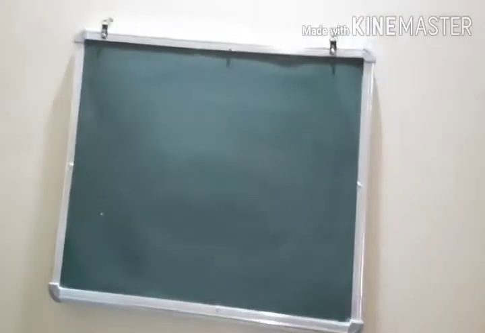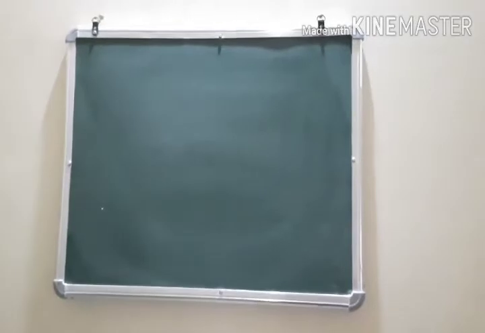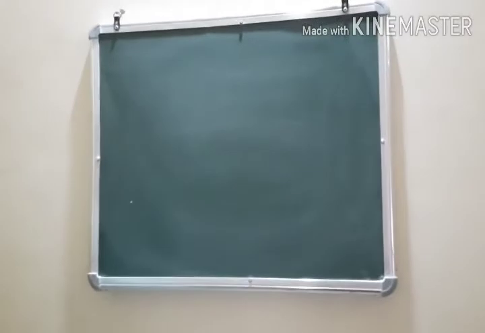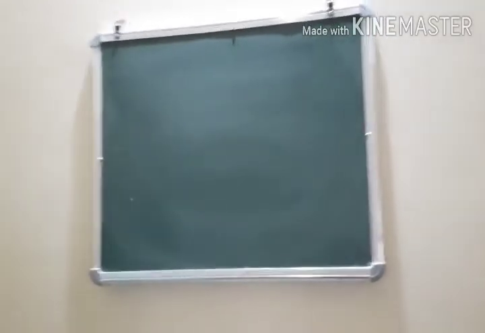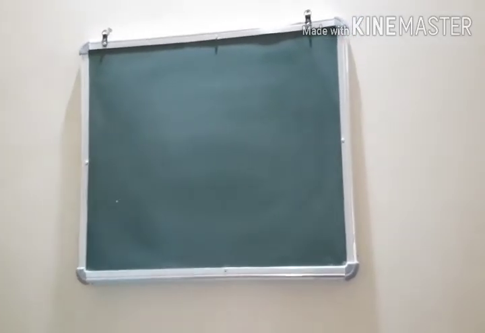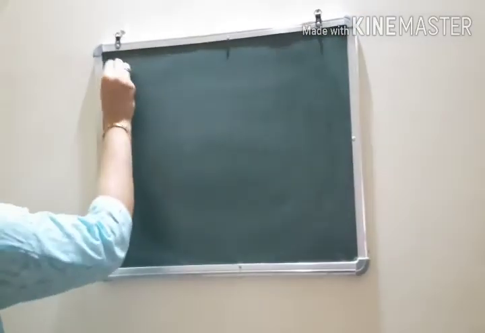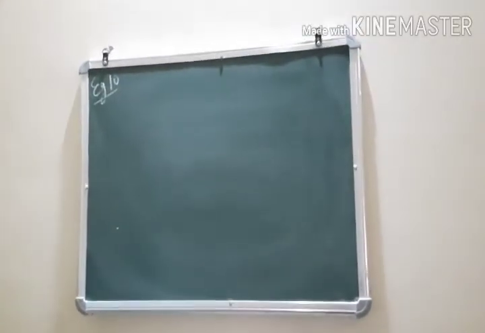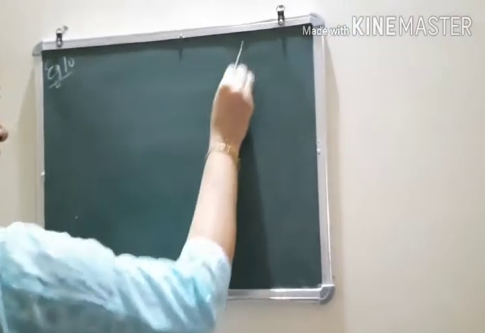So students, we have done 4 theorems now in this chapter: BPT, ratio of areas, converse of Pythagoras and Pythagoras theorem. All these 4 theorems are important. And now let's move to the examples related to Pythagoras and converse of Pythagoras. So example number 10 of your book. In figure 6.48, a figure is given to you.